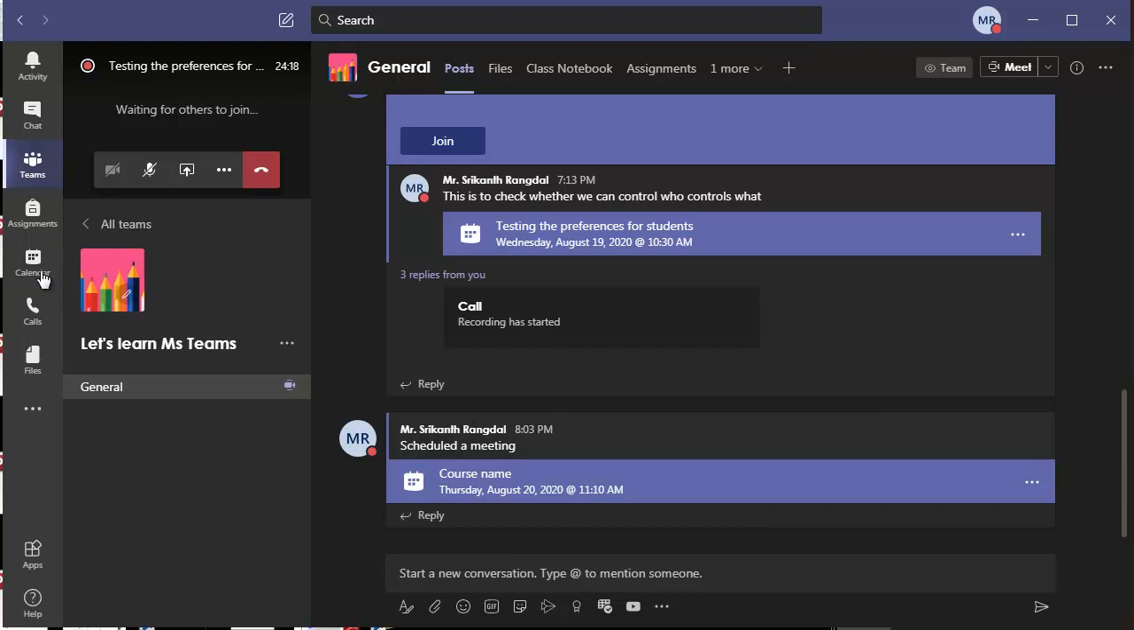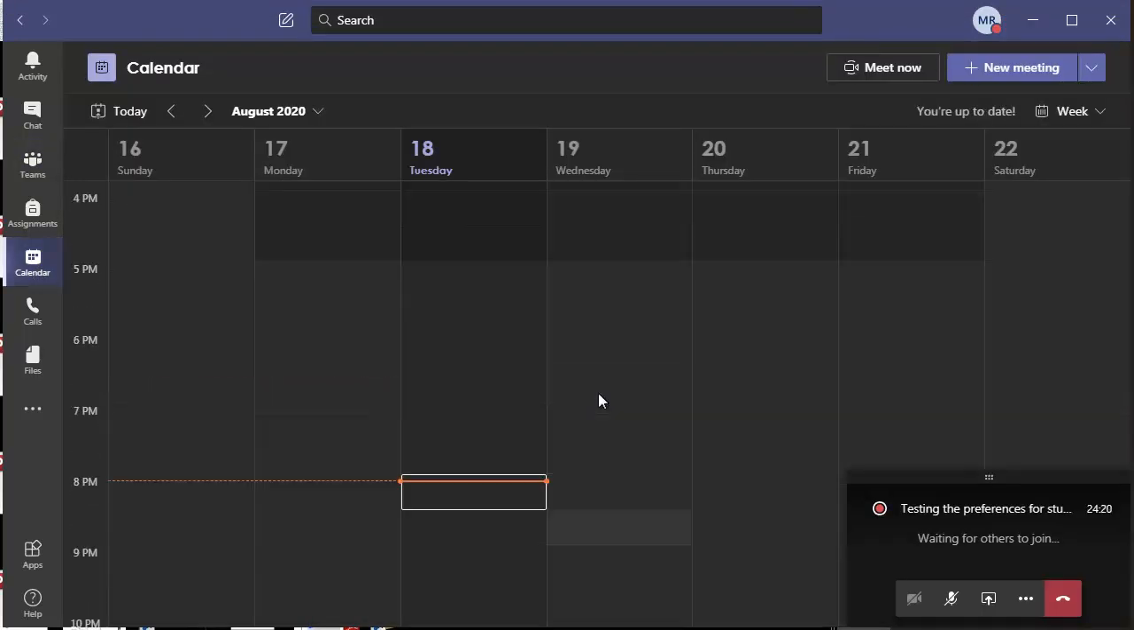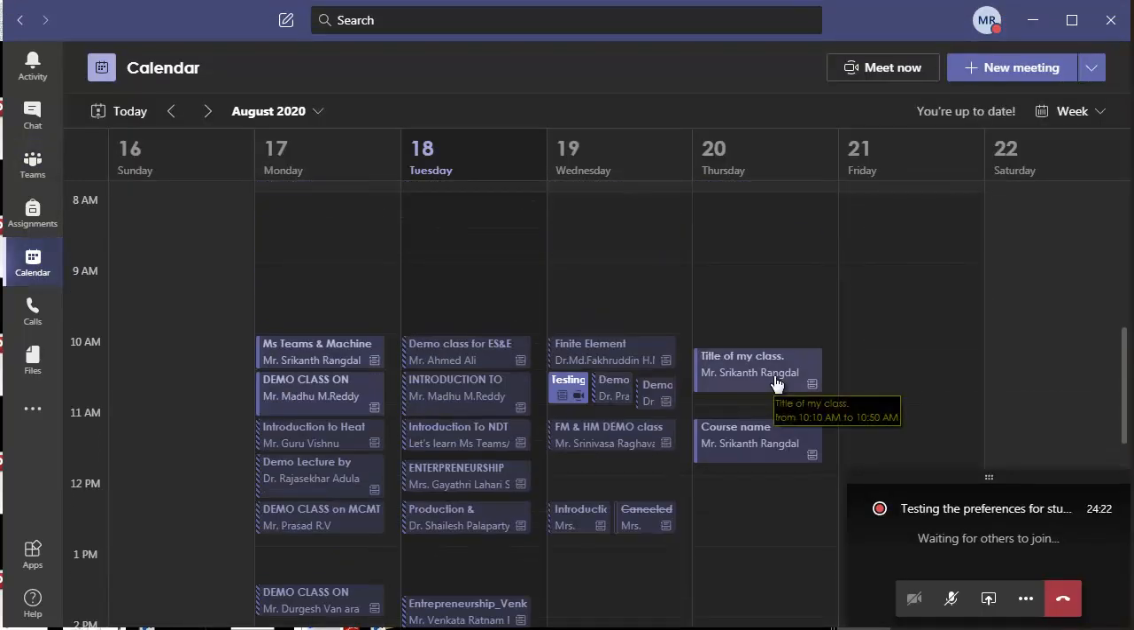Now coming to the most important part. What happens here is all the members can take control of the presentation at any point of time. Any member can add or remove the students, and there are many other such things that students can do. If you don't want the students to take control of your presentation in the middle of your class, what you